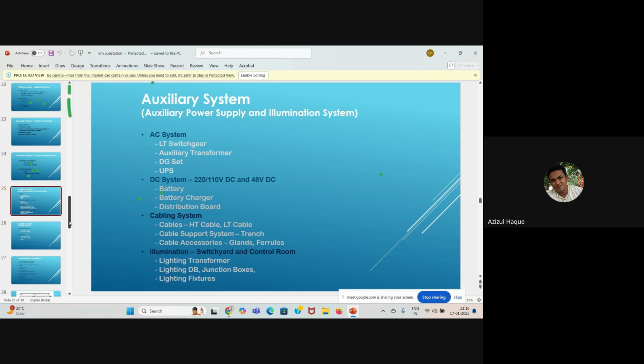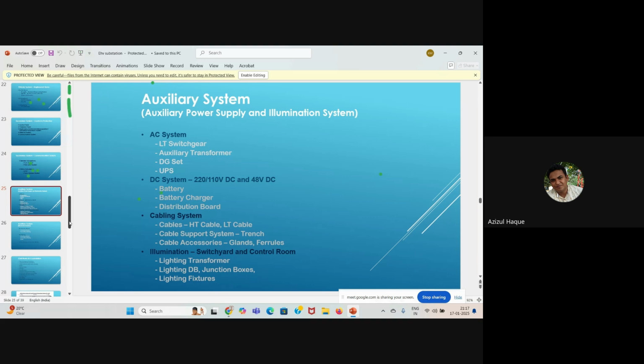Okay. DC system, for DC system, what we do? We have battery charger and battery. Battery charger is basically a converter, rectifier. It converts AC power into DC, and that DC is used for my protection system and control system. And at the same time, we have battery bank as a backup DC source. And this battery charger, battery, and my load,